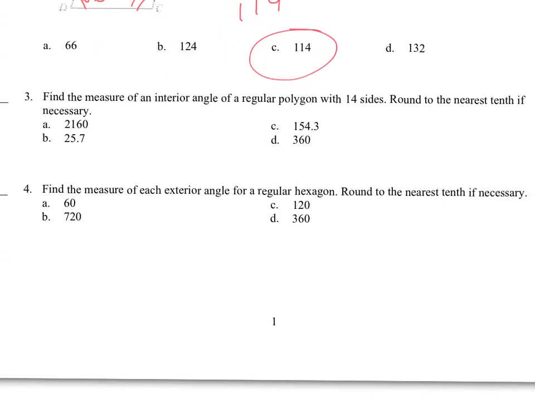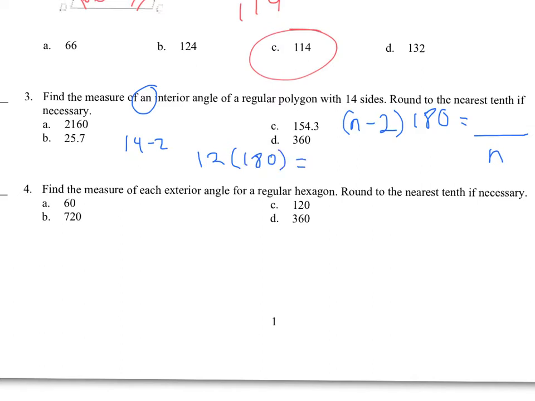Find the measure of an interior angle of a regular polygon with 14 sides. You'll recall our formula for that, where we take the number of sides, subtract 2, multiply that times 180, and that equals the sum of the interior angles. Now this says measure of an interior angle, meaning one, so whatever we get, we're going to divide it by n. So this is 14 sides, so 14 minus 2 is 12. 12 times 180